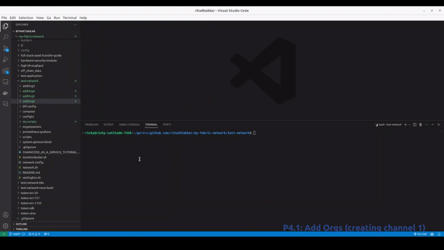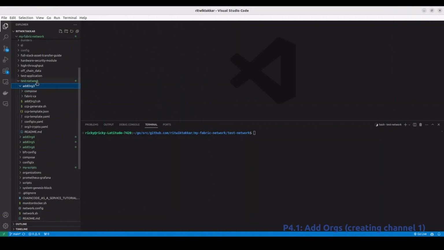So again, here's where we are. We're inside the test network directory, right? Now, you'll notice that Add Org4 is not highlighted because it actually comes with Fabric. So again, Add Org4 is a folder that comes with Fabric itself. What I've done is essentially just copied that folder and renamed it to Org4, Org5, and Org6. So I'm basically leveraging whatever tools we have provided by Fabric to add 4, 5, and 6, the other 3